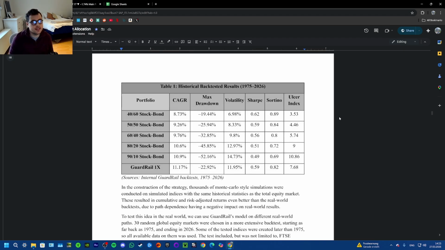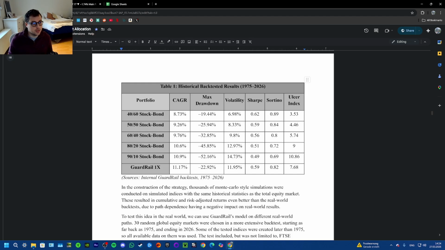Real quick before we get into the 200-day moving average and why it has merit, these are some of the returns of the pure trend versus regular allocations. So you can see that from 1975 to 2026, the 1x, just going full cash risk off and 100% long risk on, has yielded better results than pretty much everything except for 100% stocks. 100% stocks is the only thing that's beaten it in terms of growth rate,